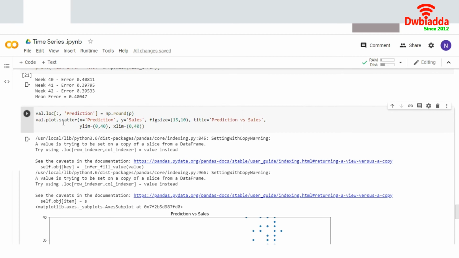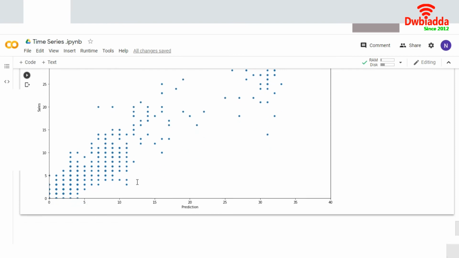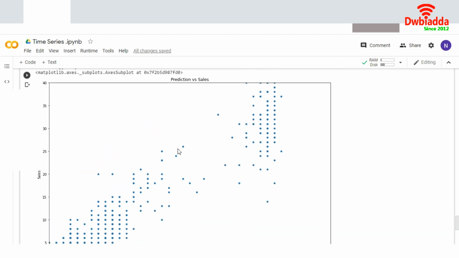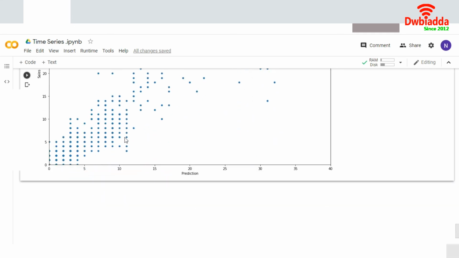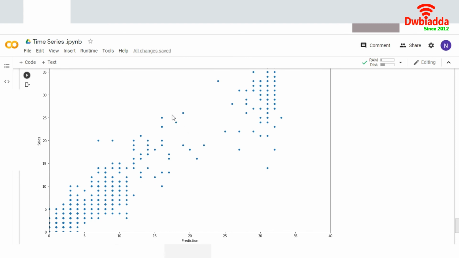And now we are finally showing the graphical representation of our weekly sales. If you look now, this is the number of sales and this is your prediction. Your number of sales is showing actual values up to 20. Your prediction is correct. It is in sequential order, and your sales are increasing. This is the only difference here. There are fewer sales in this week, and the prediction is lower here.